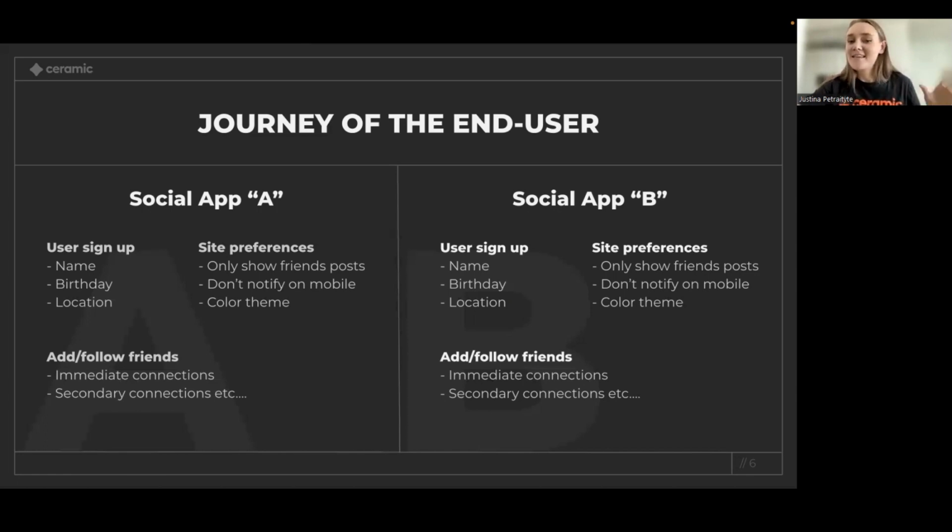Then let's say a user decided to sign up for another app, same field, social app. Let's say they decided to use Instagram, for example, or maybe something like TikTok would be a better example. So they sign up for it, and it's the same process that they have to follow. Once again, they have to sign up, provide the same information, set the preferences, start building their social graph from scratch. And for every single new application that is out there that the user would like to use, this is the process that they have to follow.